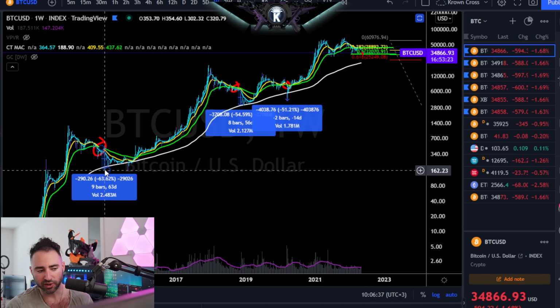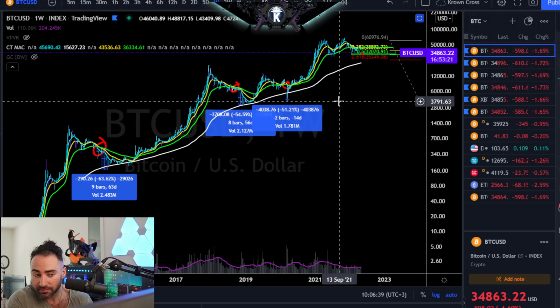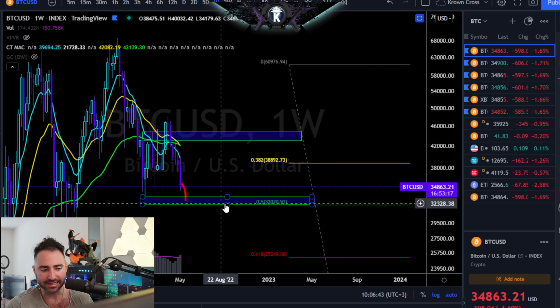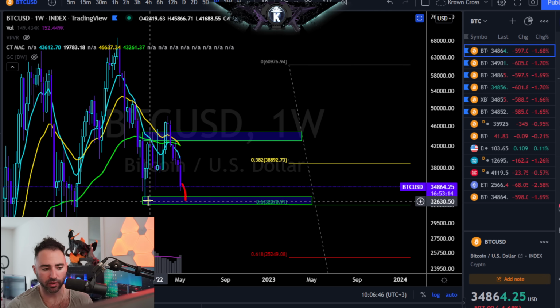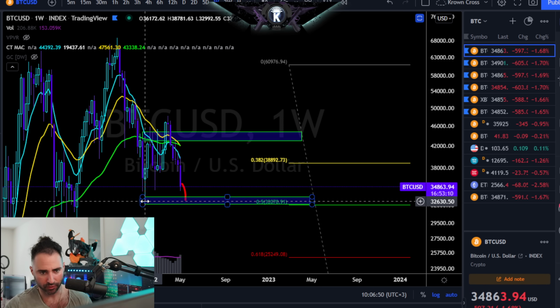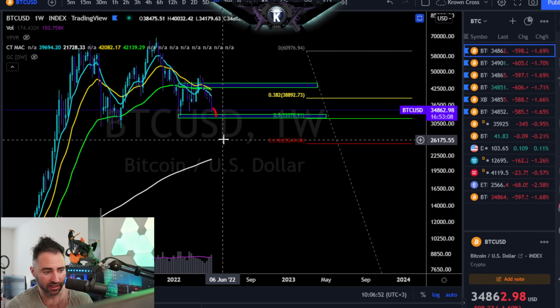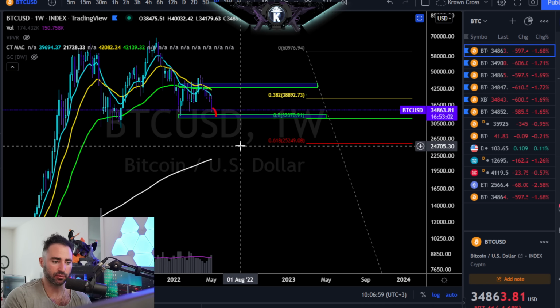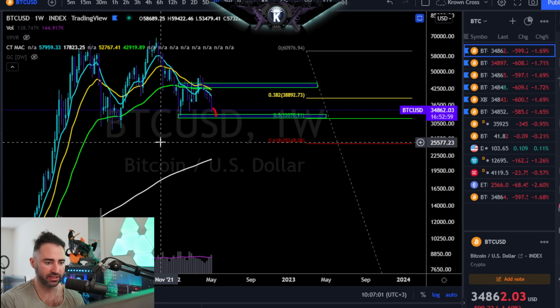For what it's worth, Bitcoin has put in all of its macro lows around there, again, for what it's worth. But I don't look at this as relevant until Bitcoin fully closes below about $32,000 or so on a weekly, or at minimum a 5-day. That'd probably be good enough for me. Again, probably another bounce somewhere around like 29 if you had to call it like that. But ultimately looking somewhere down around there if we do indeed get something like that.